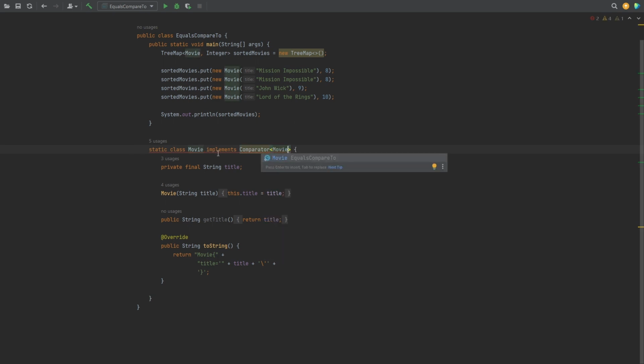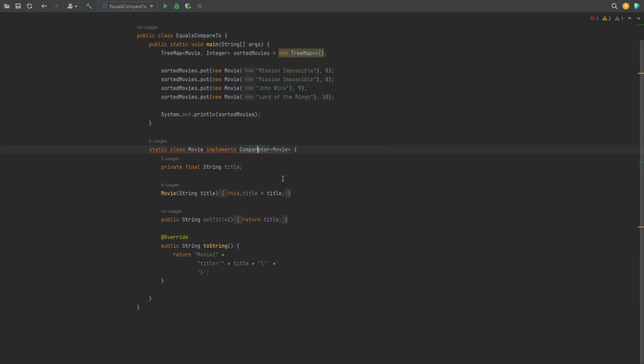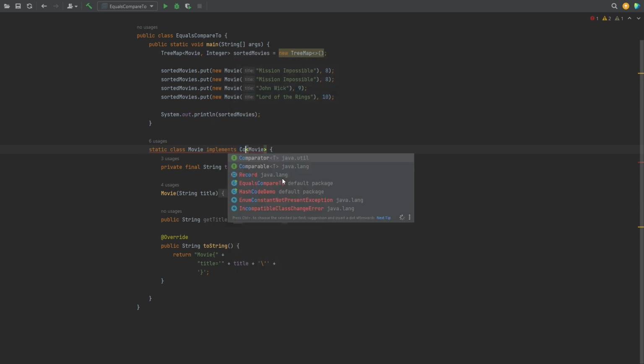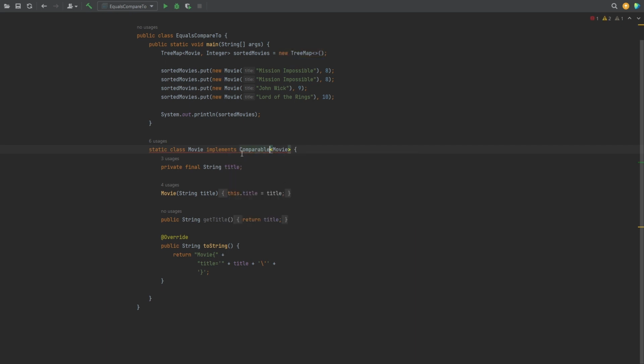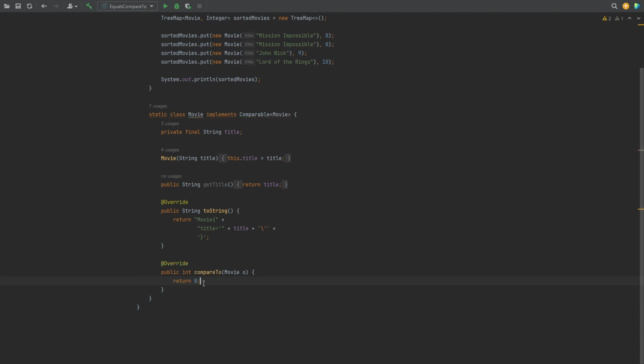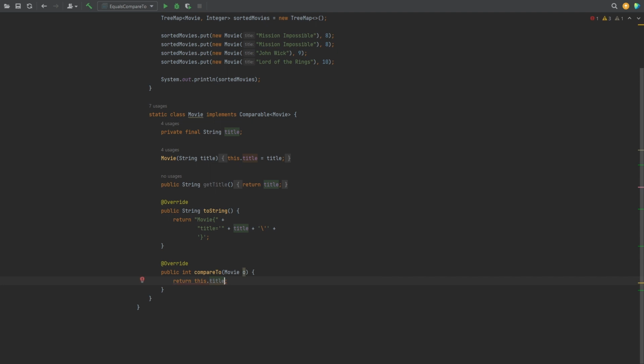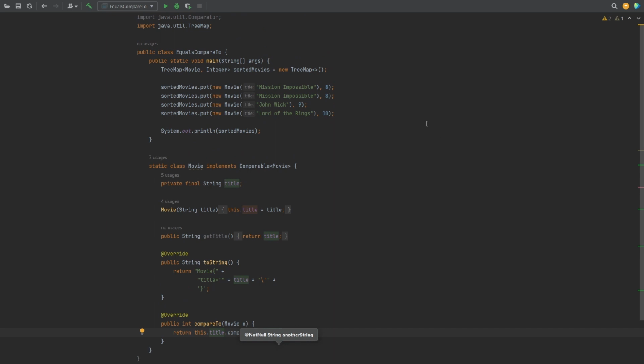And we implement the method. So I implemented the comparator. It must be the Comparable interface. And I will simply implement the method compareTo. And we will say that compare the Movie objects based on their title, which is String. So use the compareTo method of the String class, o.title. Okay. And now if we run this same code again,